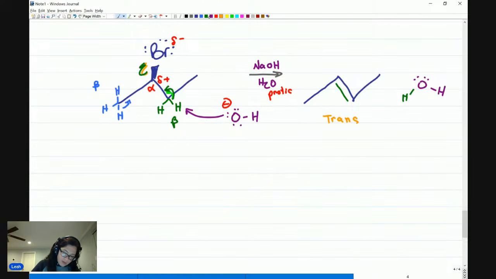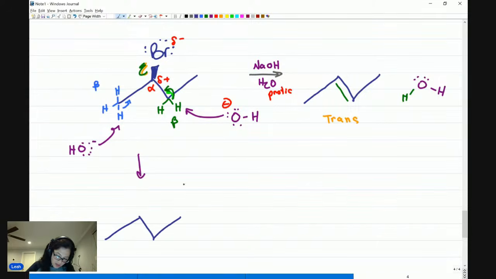What if the OH minus instead chose to attack at the other beta position and grab a blue hydrogen? That would put the pi bond right there, which absolutely can happen because that would give me a product that looks like this. This right here is a terminal alkene. You recognize that? That is another option, but that is still not the only option